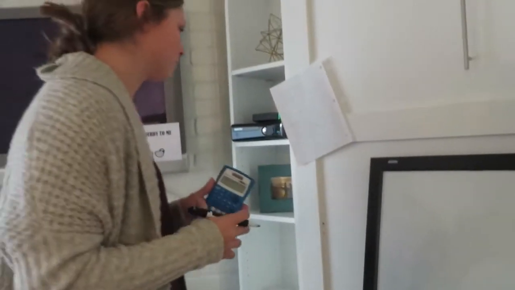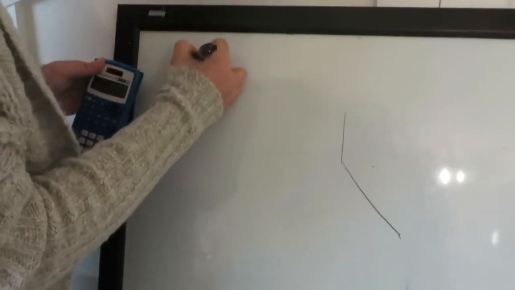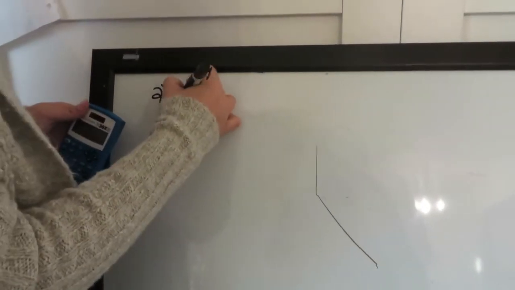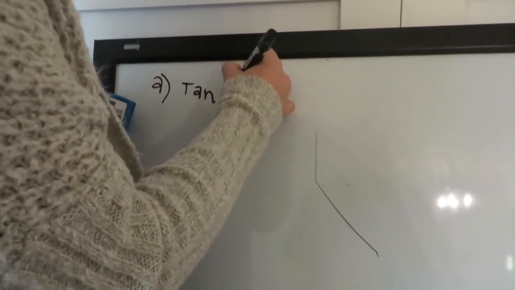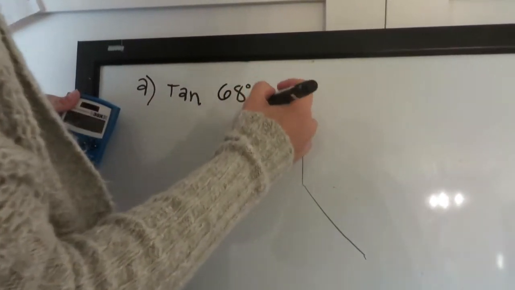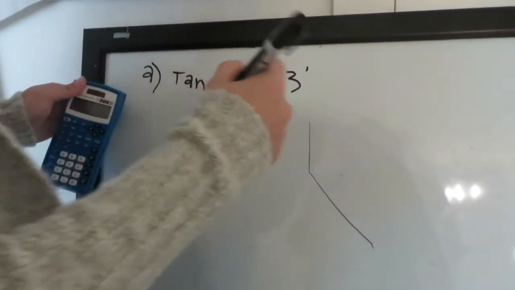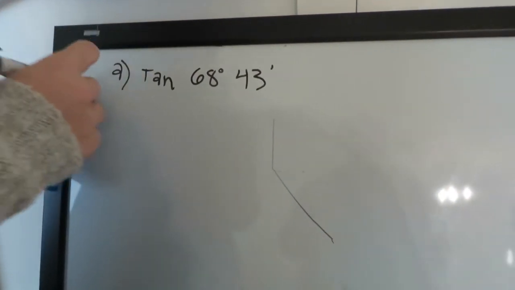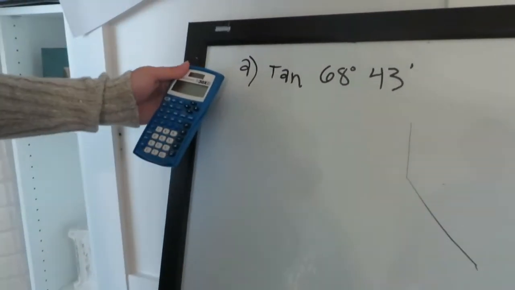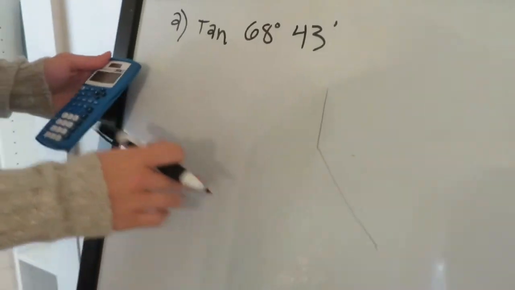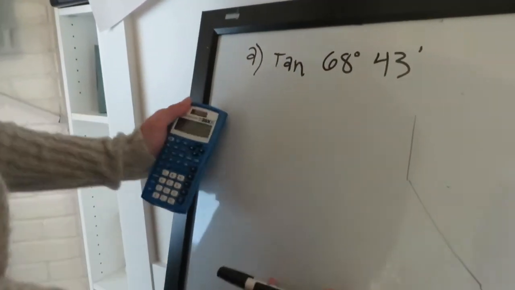So we're going to approximate the value of each of these expressions. So our first one is going to be tan, or tangent, 68 degrees, 43 minutes. So make sure your calculator is in degree mode, it should say in the bottom right. And if it isn't, you just go to mode and you change it to degree. So you're going to do